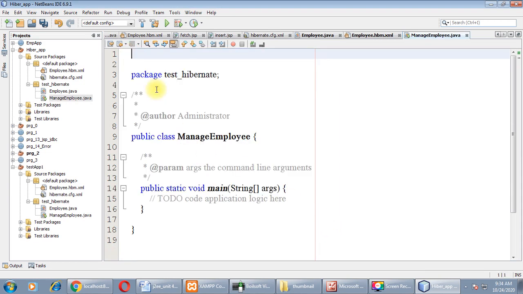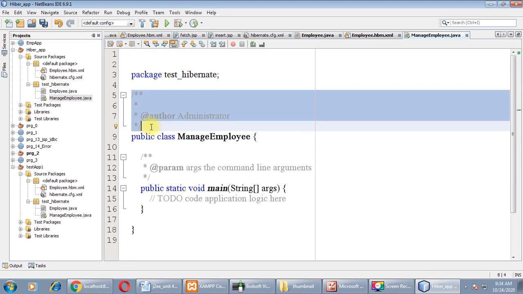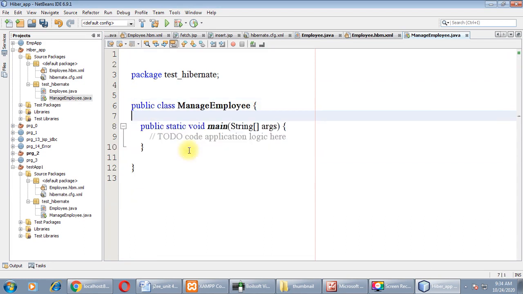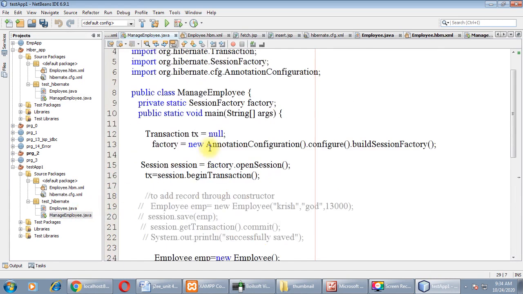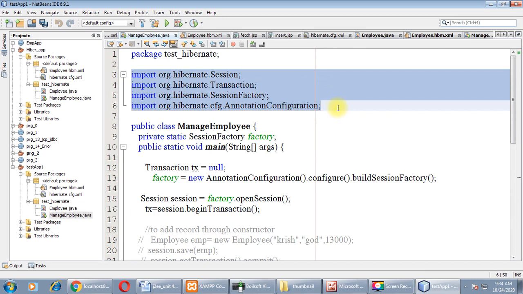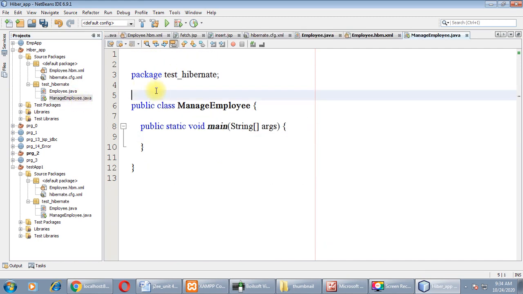You will get this code ready with public static void main, right? Remove all the contents from this file except this one, all the comments I mean. Now let us add the required packages in this file. We'll import all these things in our ManageEmployee file, right?